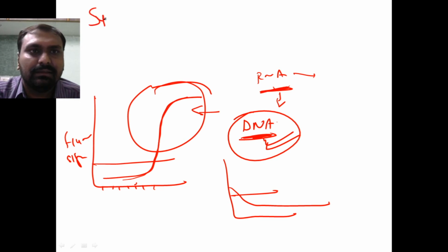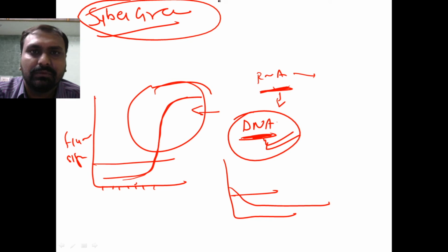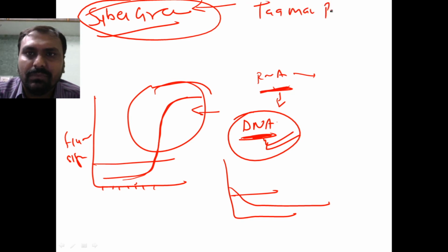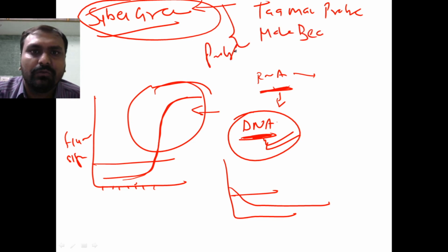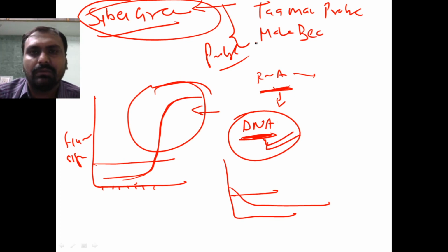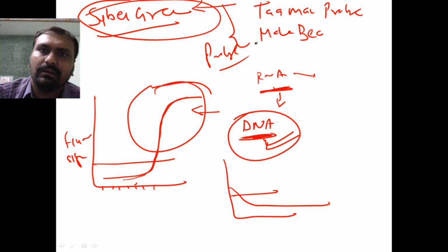Here there is a SYBR Green dye to detect the fluorescent signal. It will bind only to double stranded DNA. Then we have a TaqMan probe. We have a molecular beacon. All of them are used as probes. Along with this, DNA template, dNTP, deoxynucleotide triphosphate, magnesium chloride, and buffer are all required. But here again, more probe is required in the case of real-time PCR.